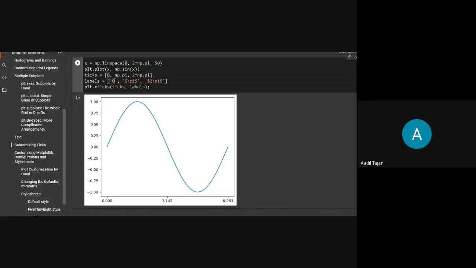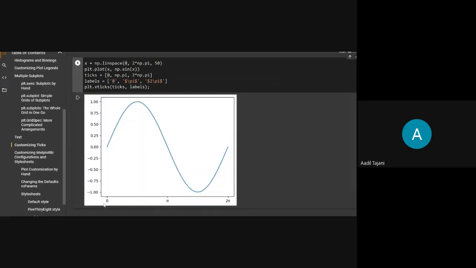Now in Python, you have to use a regular expression to show it. The pi symbol is not available by default on your keyboard, so you have to use the regular expression. This is the notation to denote the pi symbol. So at zero value I want to show zero, at pi value I want to show the pi symbol, and at 2 pi, I want to show the 2 pi symbol, and I will pass that labels list in this xticks function.